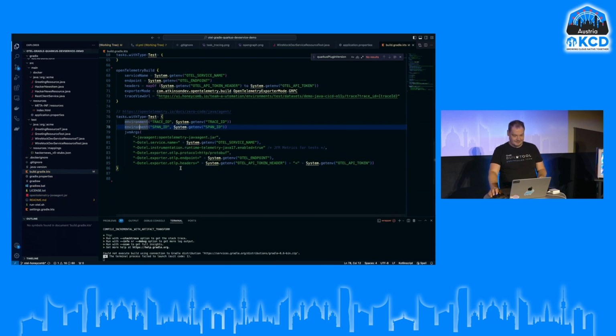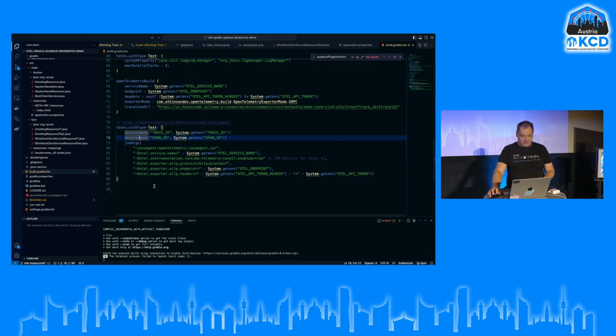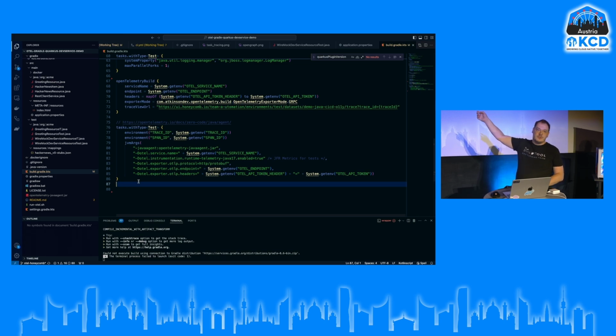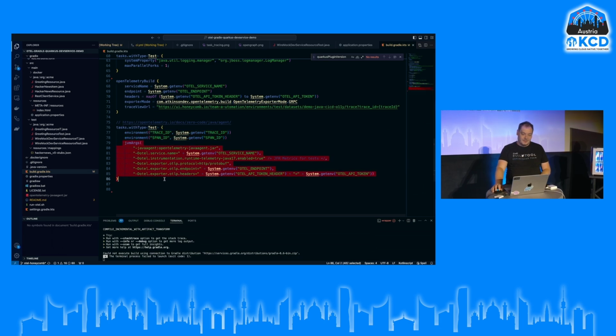For example, here in the Gradle build definition, again, I will need to configure this agent because it doesn't just work automatically. In my case, I want to get some metrics for tests. And again, we pass trace ID and span ID, because apparently there is no magic that would go there. You also configure a lot of environment variables here just to get them running. And after that, yeah, it will work.